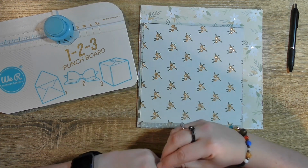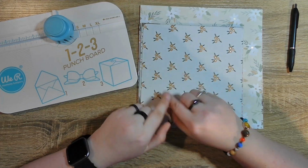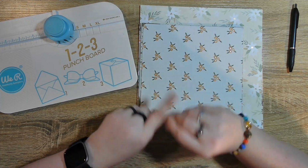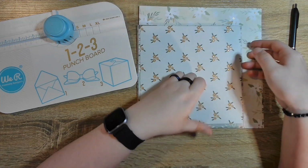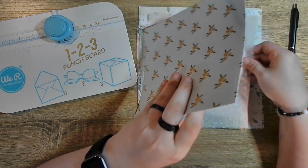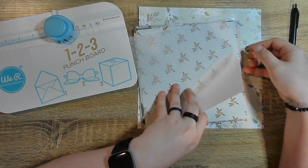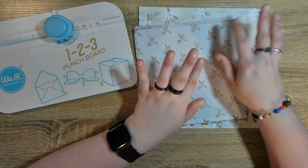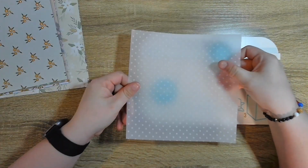I am going to show you how to use the 1-2-3 punch board one time, then I'm going to pause and do all of my envelopes because that is a very long process and kind of boring. So maybe I'll show you one or two, especially when I get to, I do have vellum in here. So I will show you how to do regular paper and show you that you can use vellum, and then I will pause and get them all done. So let's get started. I know my vellum is 8 by 8, so